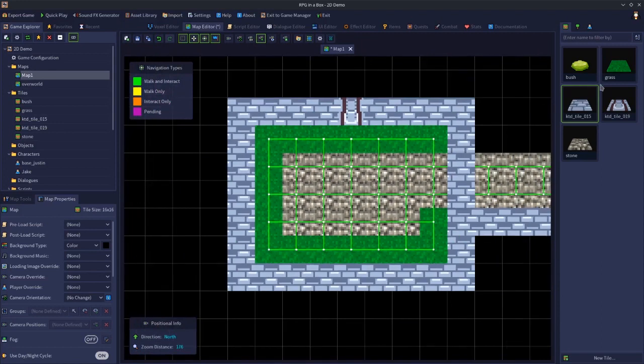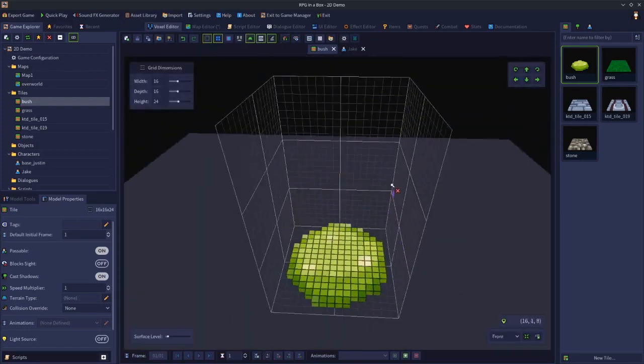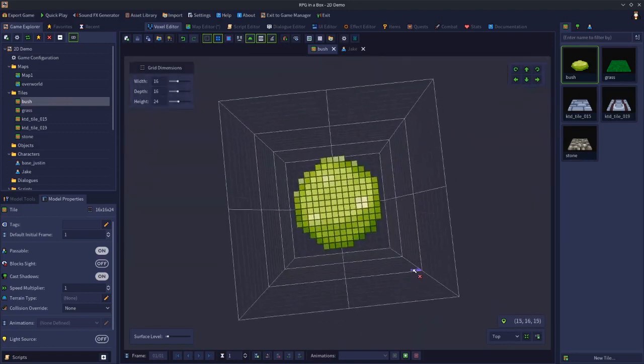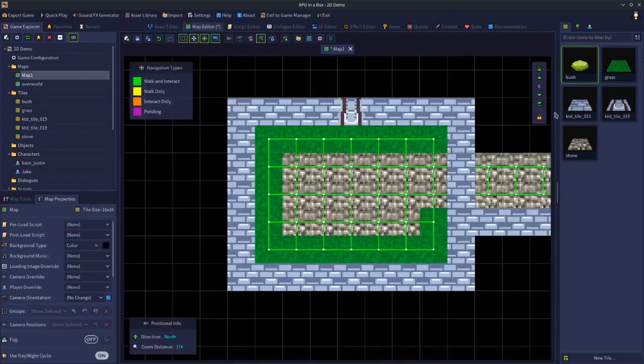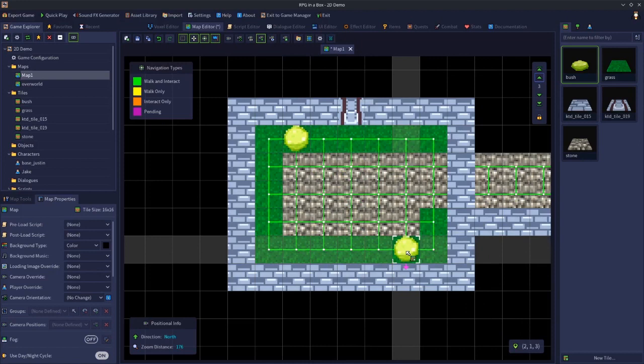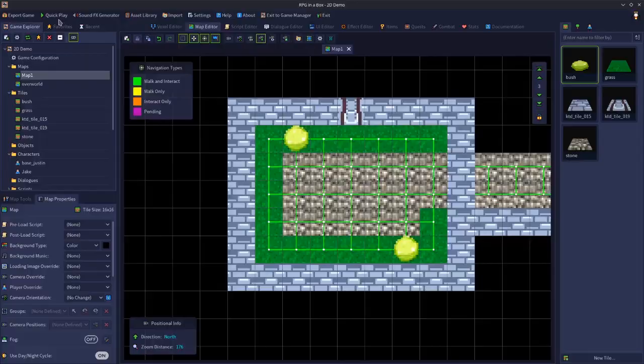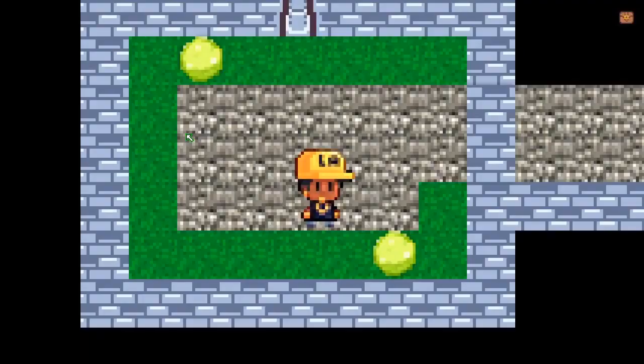Another example of this we could do is, off camera, I've created a bush tile. So again, it's just a top-down tile cut around a pixel art bush, and we can use that as well. Same concept, we'll increase the height to 3, and then we can put one of those there, maybe another one there. Okay, so if we save the map,